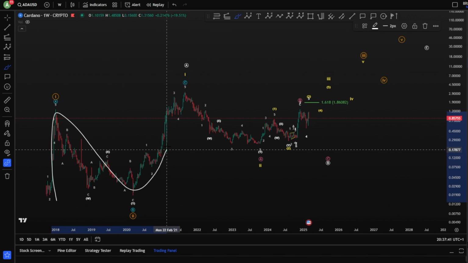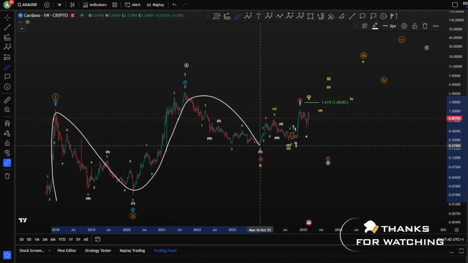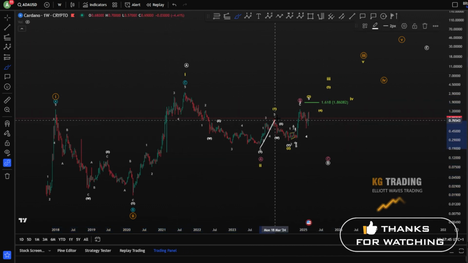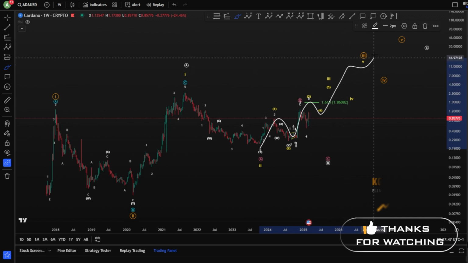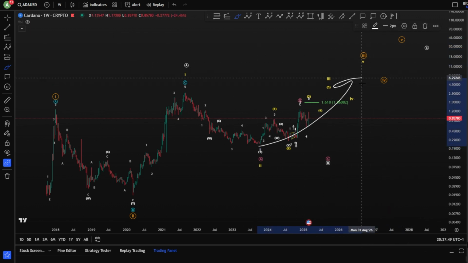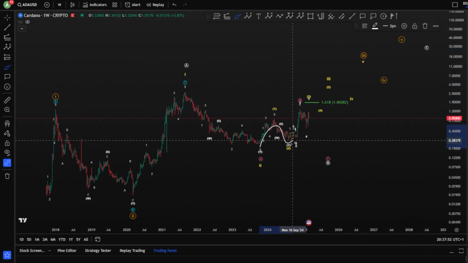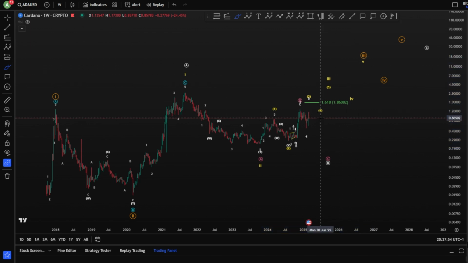Another bullish scenario is 1, 2, and then another 1, 2. And you're looking, of course, here for another 1, 2, probably 1, 2, 3, 4, 5, 4, 5. So this is the most bullish scenario. Currently, you're looking for several 1, 2s probably, and then continuation for higher and higher.